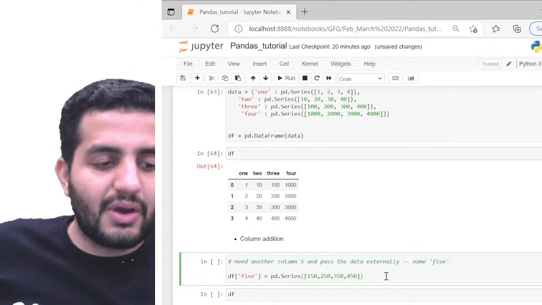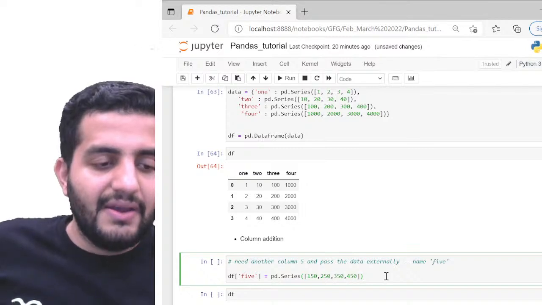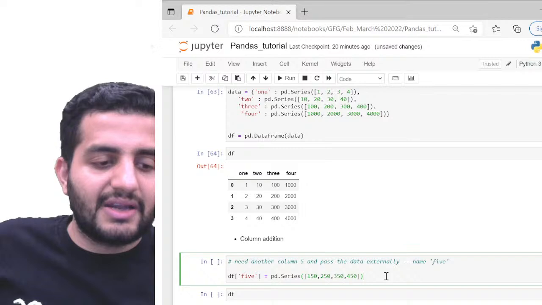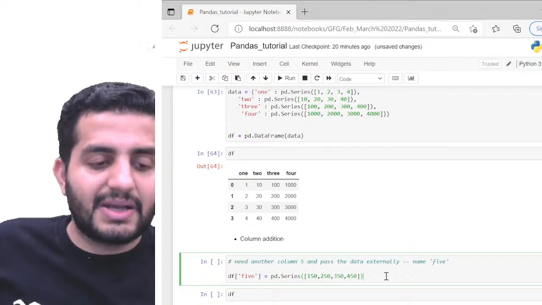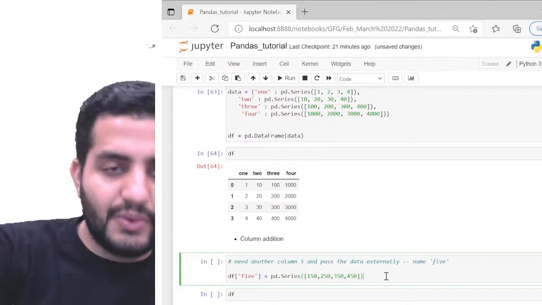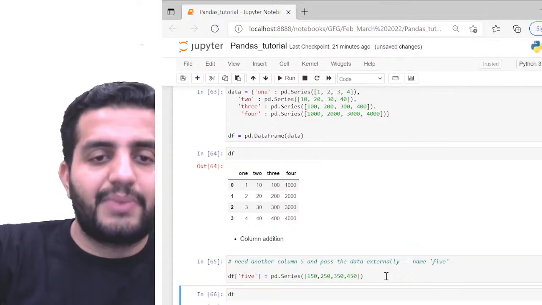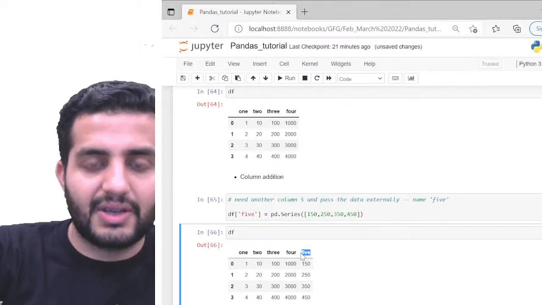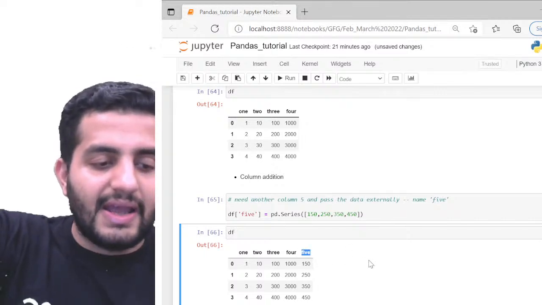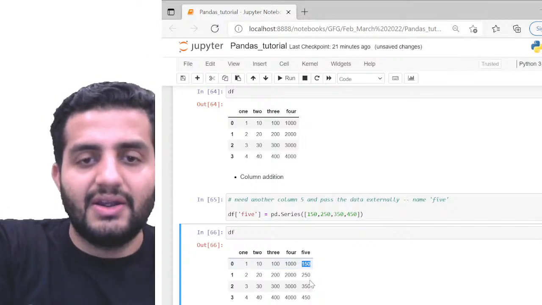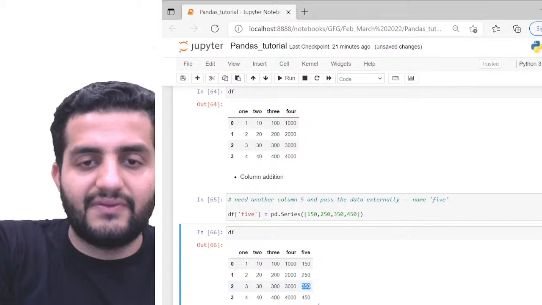So I'm creating a new column FIVE, where the information is in terms of the external data, the external series of data which I'm passing, right? So 150, 250, 350, and 450. So if I do it like this, now I have my fifth column created, FIVE. Here we have the data 150, 250, 350, and 450.